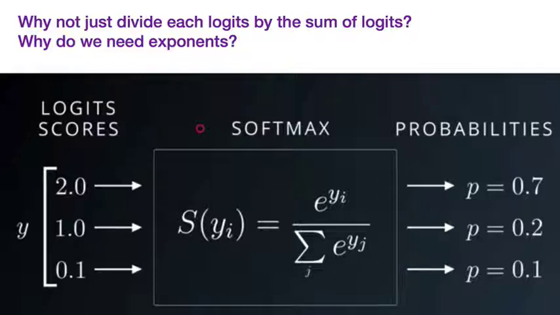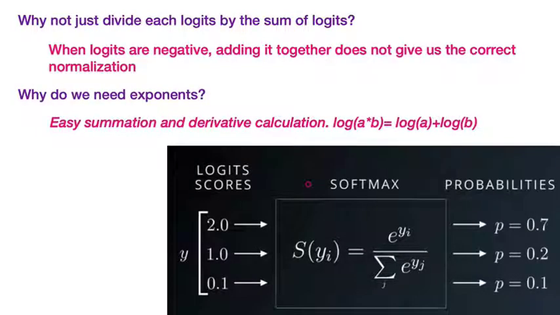But that's not the only reason. A simpler reason, in fact, is that we cannot always guarantee that the logit scores will not have any negative numbers. So when you simply take the sum, it will not help you normalize, because one of these logit scores could be a negative number. If you want to solve that problem, you could say, why don't we take the absolute value to get rid of the negative problem? The answer there is, you will see in a bit that sometimes the softmax is not your last layer. You even have another layer after that. Or even if it is the last layer,